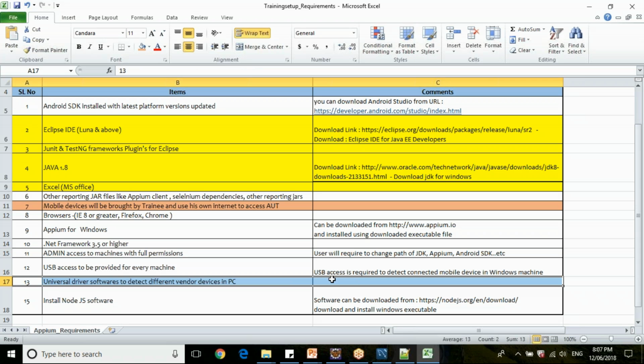Then some driver software, for some mobile devices. There are a lot of vendors in Android, right? Like Samsung, Sony, MI, like this. So sometimes when you connect the mobile device, it will directly not